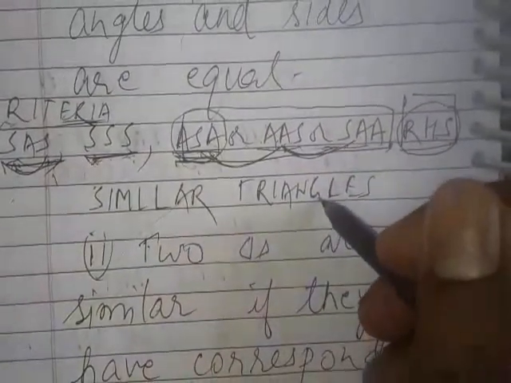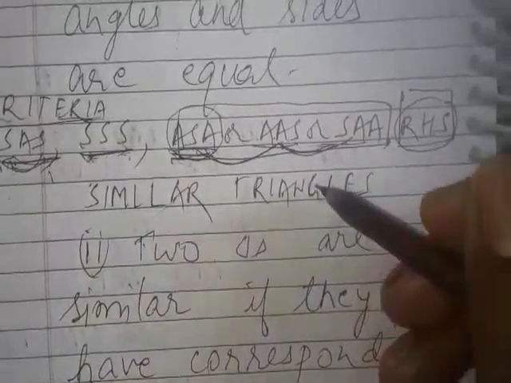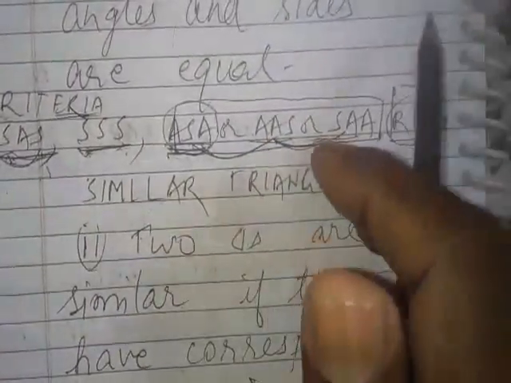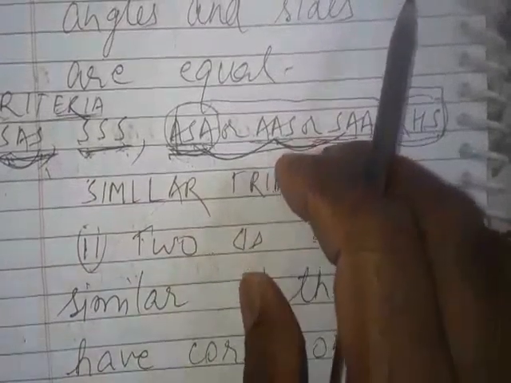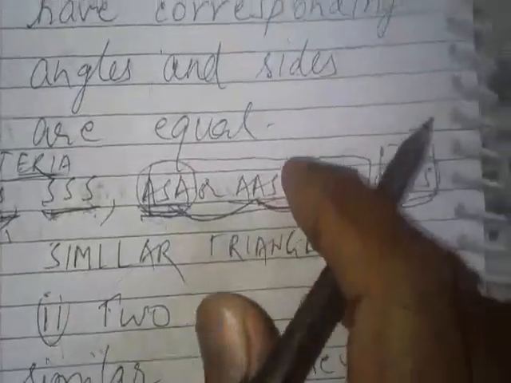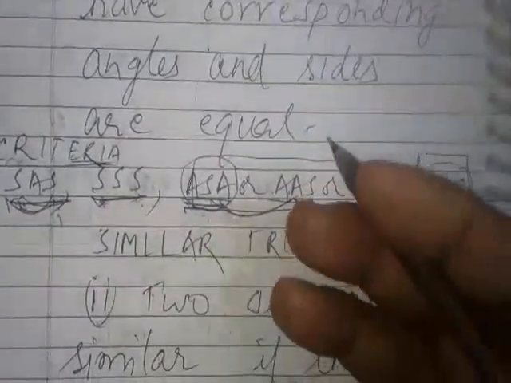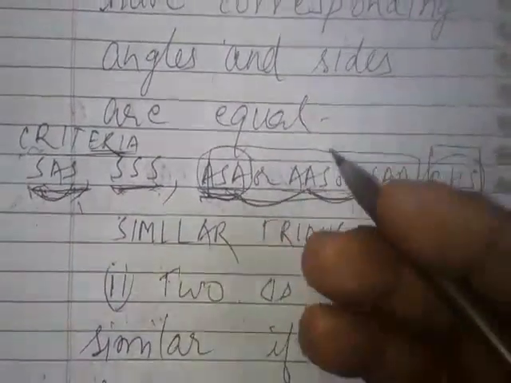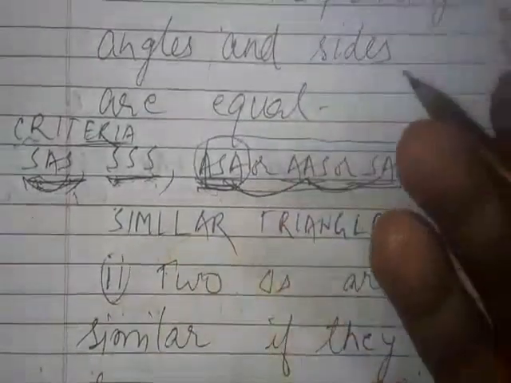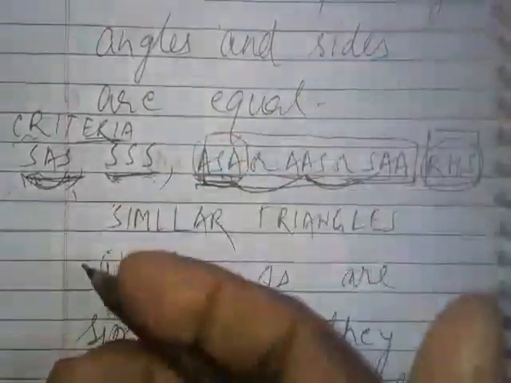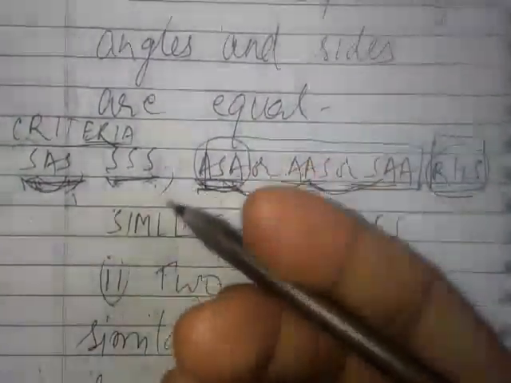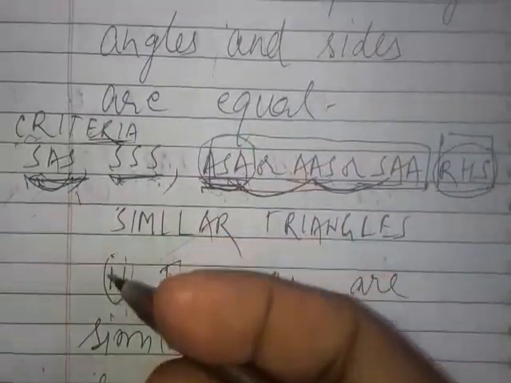In standard 10 we have to study the similarity of triangles. First of all, we should try to understand the meaning of similar. The things which look alike are called similar figures. You can understand it with examples: if you see your photograph, you can say it is your photo because it looks like you, and the photographs of your mother or father will look like them. So these are similar figures, representing the same type of figure.